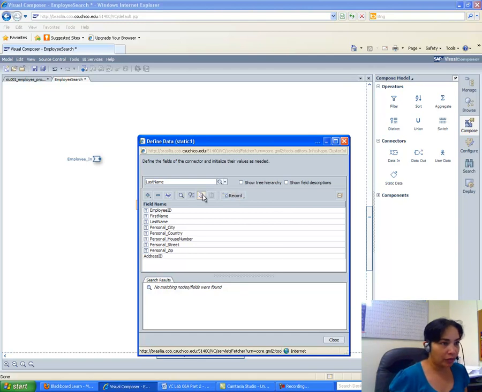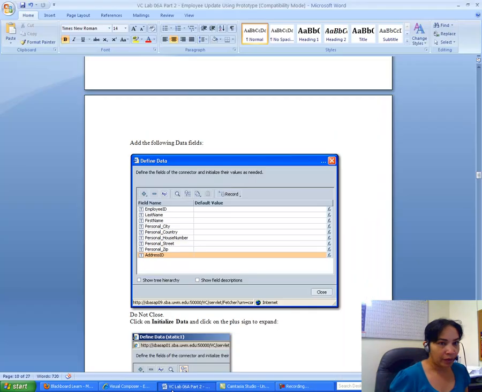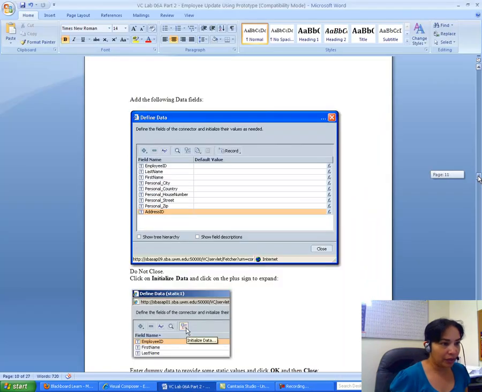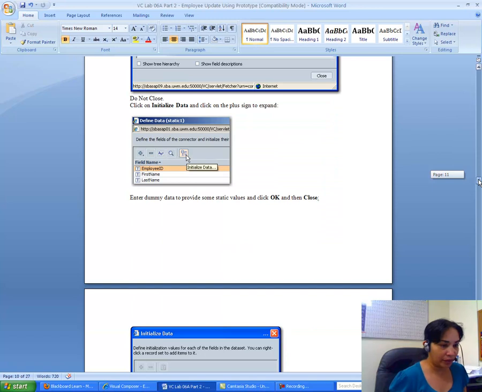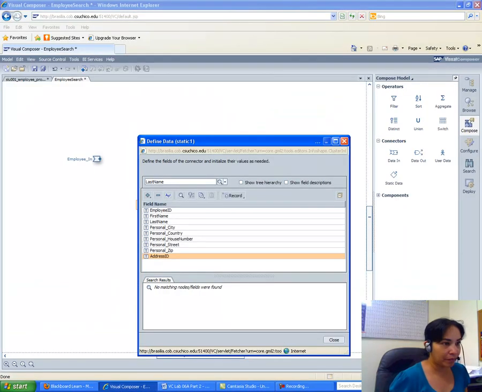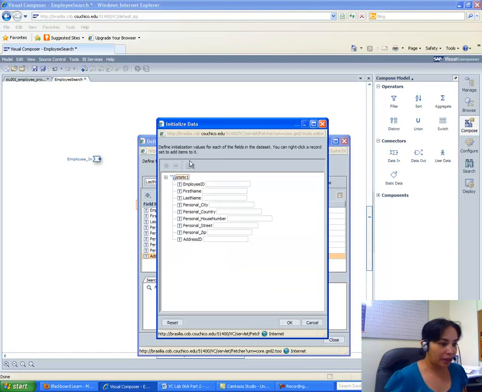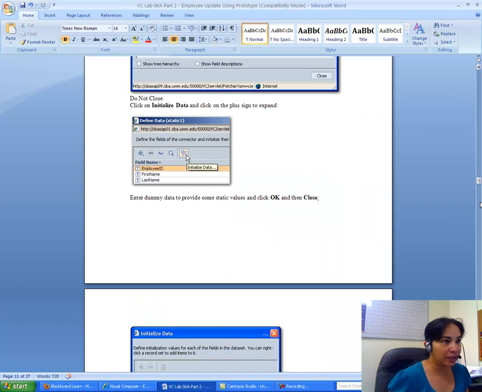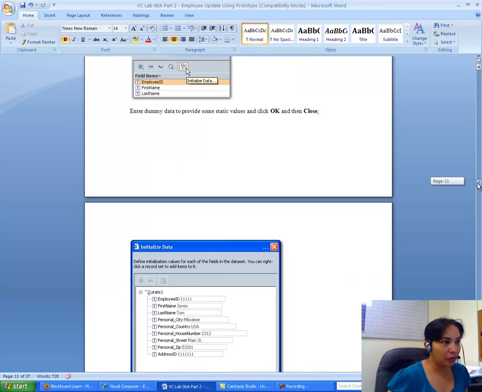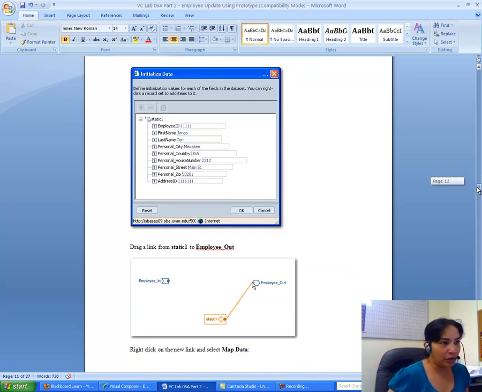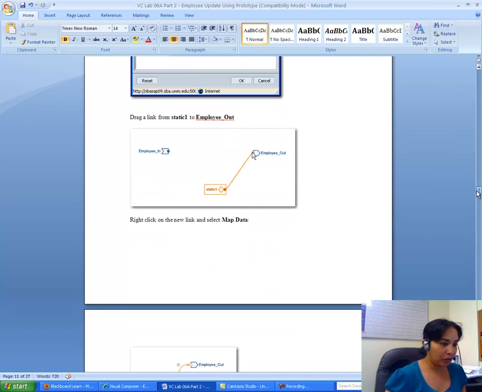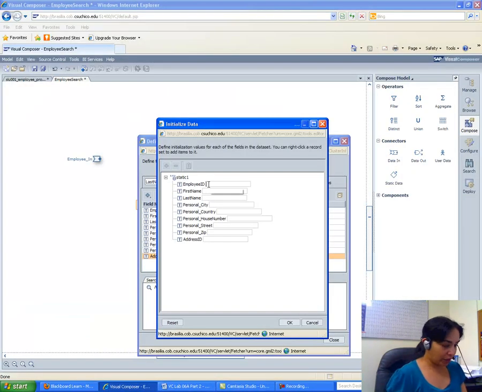Okay, then what we have to do is we have to initialize data and click on the plus sign to expand. So I initialize data, I click on the plus sign to expand, and then I have to enter some dummy data. Okay, and then I say OK, and then I close, and the dummy data I put in as I want. Okay, so let me put in dummy data. Employee ID, say 1111, first name, last name,